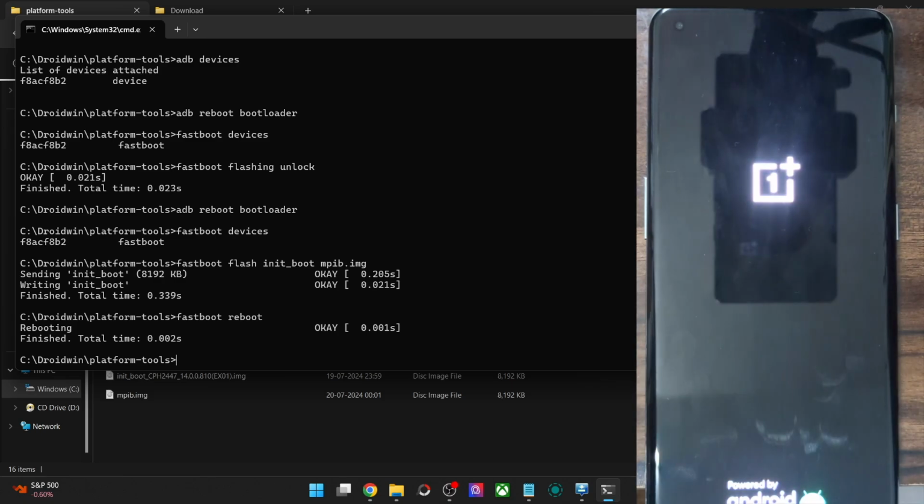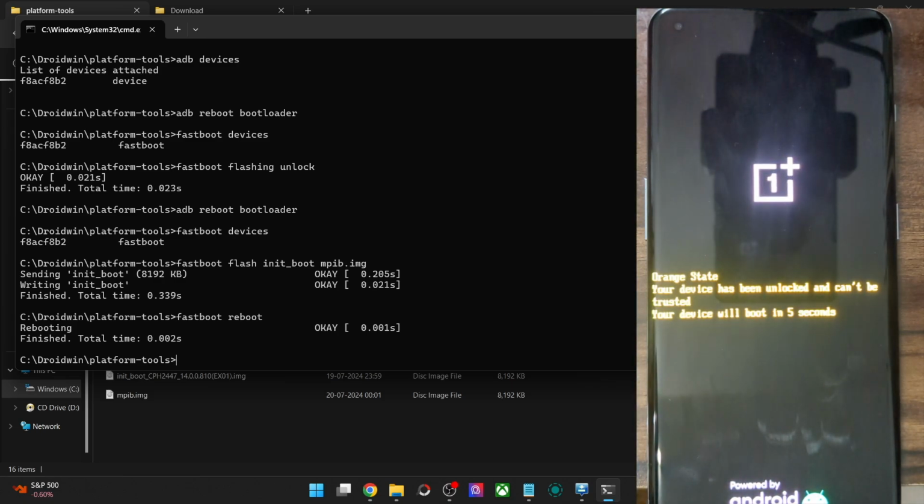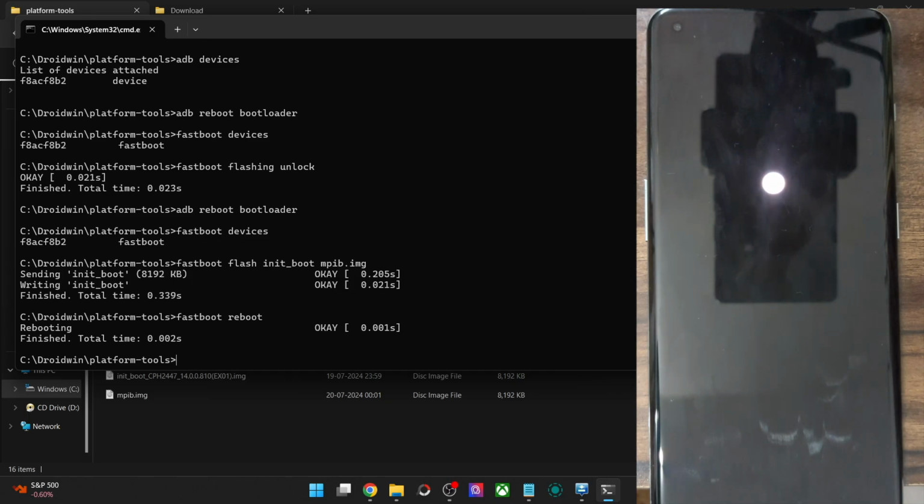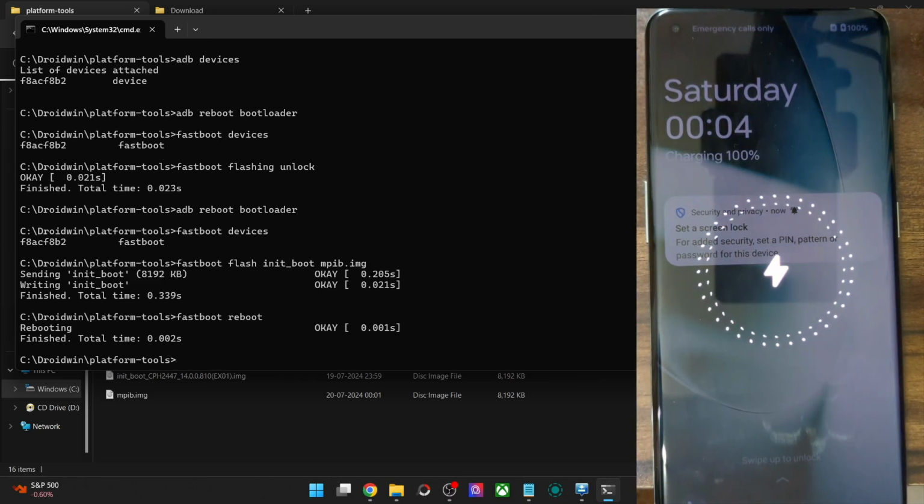Do keep in mind that as of now the rooting process is done in the back end, but in the front end, Magisk might still require you to flash a few additional files. That usually takes around a few seconds. So as soon as the phone boots to the OS, you will have to launch the Magisk app and install a few dependencies as well.